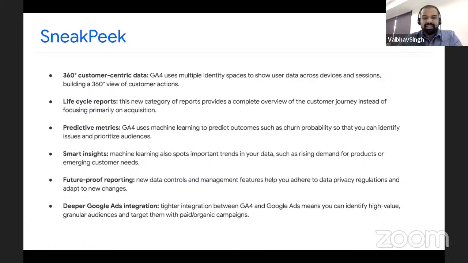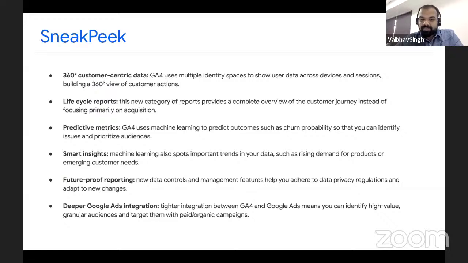Next is smart insights. Again, machine learning not only gives you predictive metrics, it will give you some smart insights. For example, what are the trends? What are the major keywords on which your pages are ranking? How many pages are coming inside the featured search? How many pages are converting into Google cards on Discover? All these smart insights will be given to you. You must have already seen smart insights inside Google Search Console, but you will be able to cross-check them with your analytics now, that okay, these many users or page users come from this particular source.